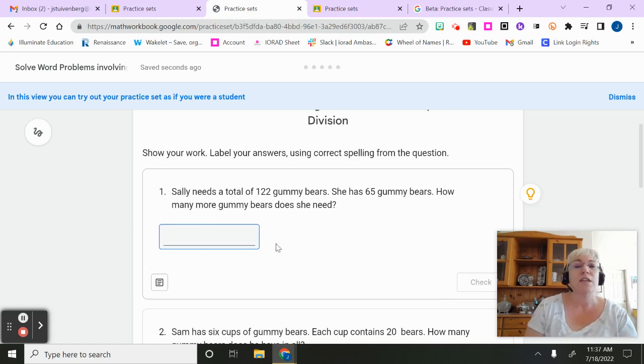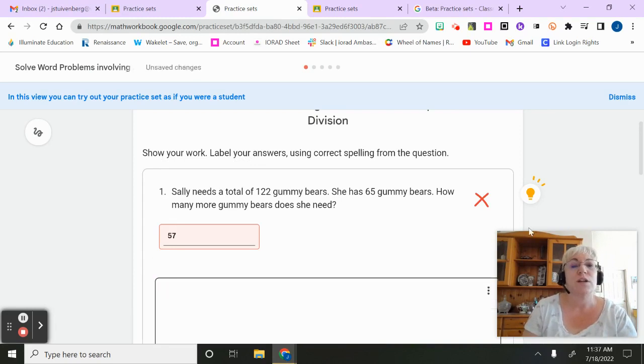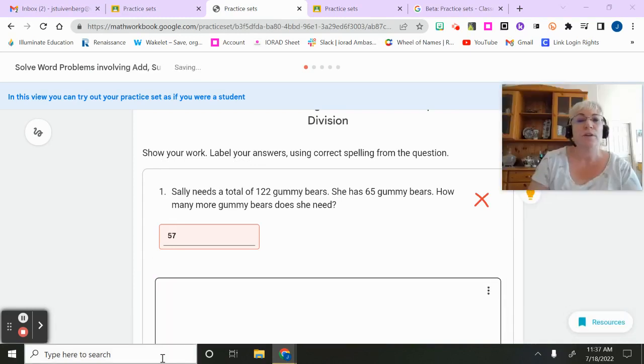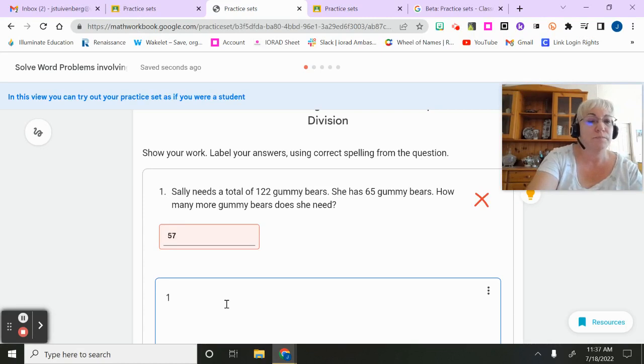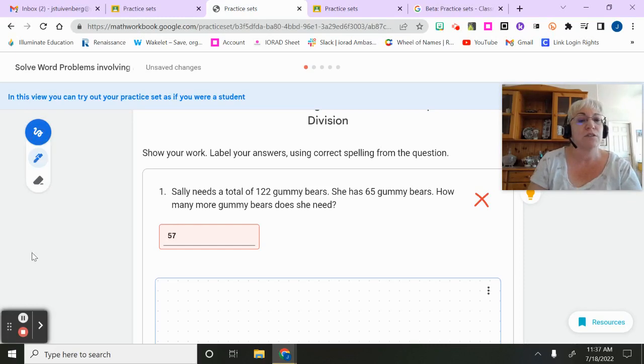Now remember I told you they had to have the words gummy bears in there. So if all they did was put the number, watch what it does. It's incorrect. It's incorrect because my instructions said label your answers. Over here, I also said show your work. This is where I was telling you there's no more scratch paper or whiteboards or whatever. It's right here. They can type in their work right here, or, and you will have to show them this, if they click on that scribble, now they can actually